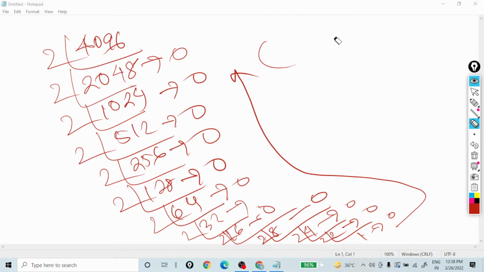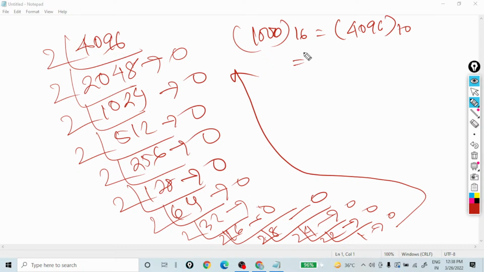So 1000 in hexadecimal. Suppose we are converting 1000 in hexadecimal, which is equal to 4096 in decimal. What will it be in binary? In binary it will be 1,